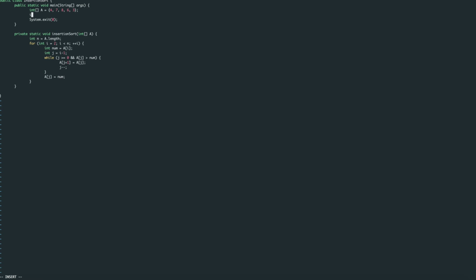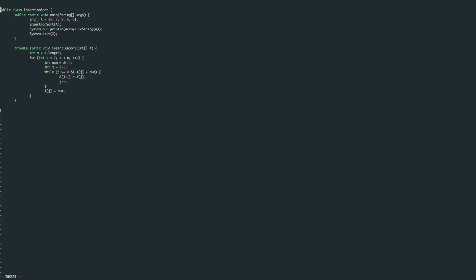Now we call insertion sort on array a, and we print Arrays.toString. We imported this library because we are using Arrays here.